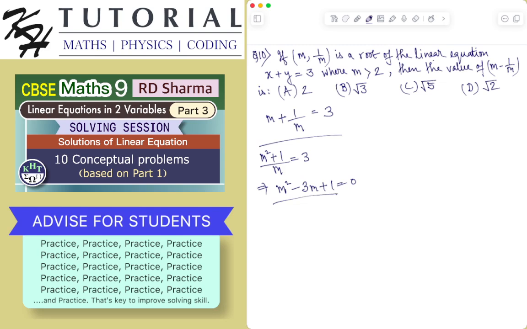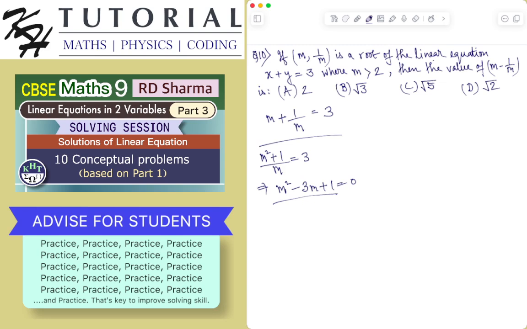So there is another way, which is a method known as Siddharacharya, which I do not think you will study in class 9. So I'm not going to simplify this m plus 1 by m equals 3 and form a quadratic equation and solve that quadratic equation. No. I know 1 plus 1 by m is equal to 3. Now 1 plus 1 by m is a very interesting form because the problem has asked to find m minus